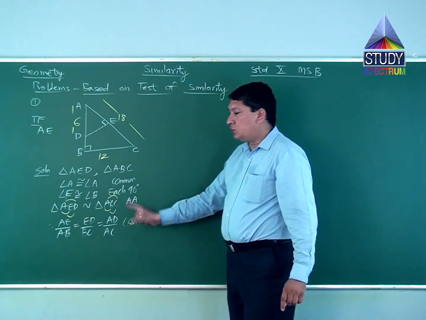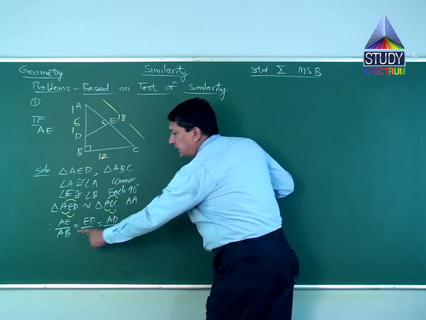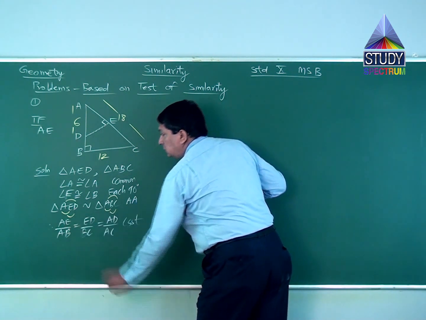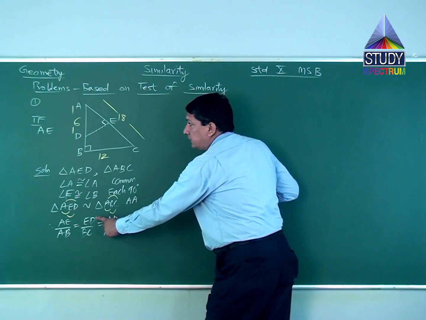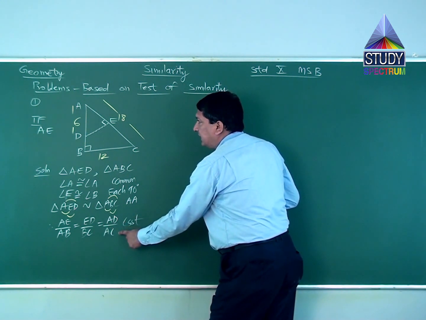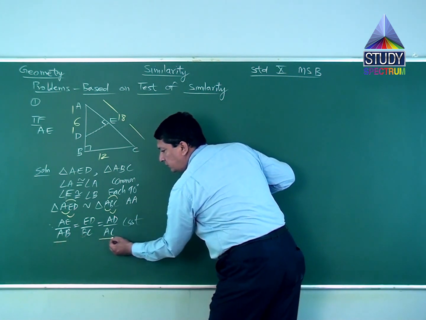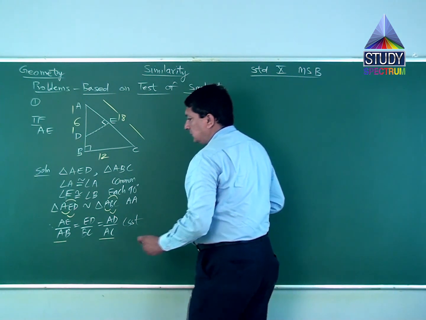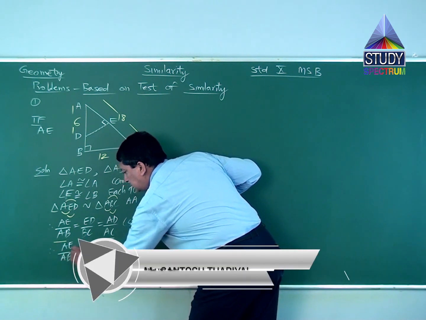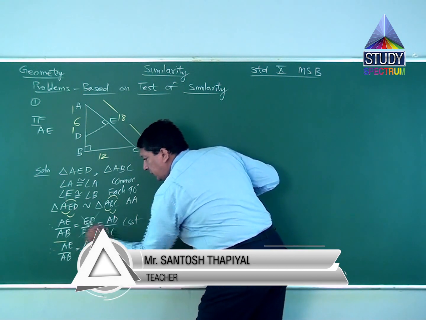Now look at the values which are known to us. First, we require AE. AE is over here in this ratio, so this is required. So I'll put the values. ED value is not given. BC value is 12, AD value is 6, AC value is 18. This means that we require this and this ratio. So what I am doing now is writing, therefore, AE upon AB is equal to AD upon AC. This ratio is not required now, because we don't need it.